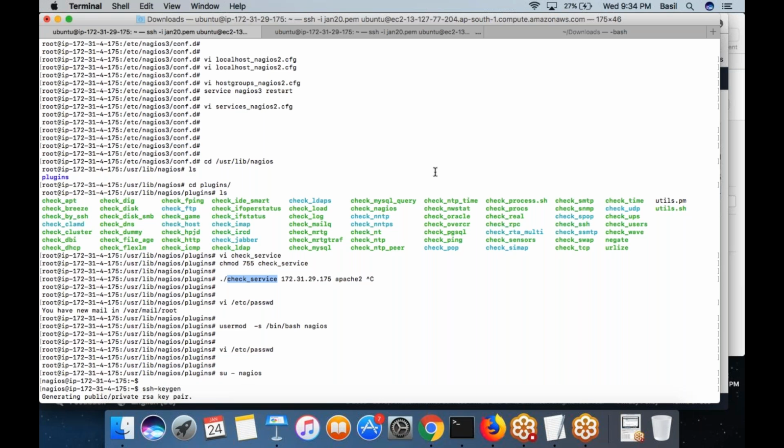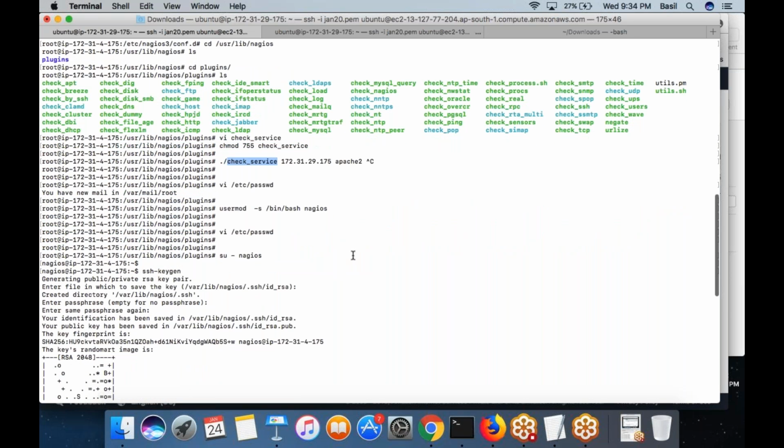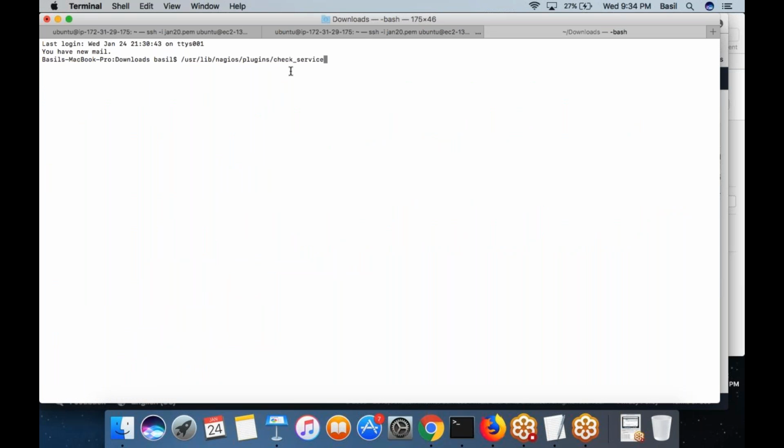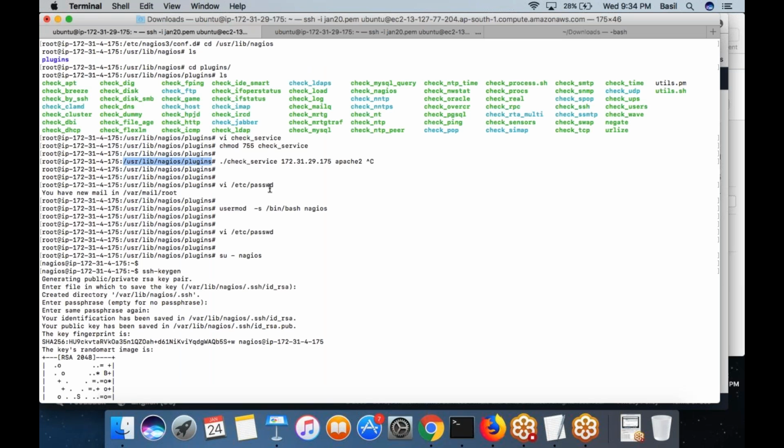So this is the folder, and this is where my script is located. Inside this folder, check service. This is the script which I need to use if I want to monitor any process running inside a remote machine through SSH. Okay, let's do that.